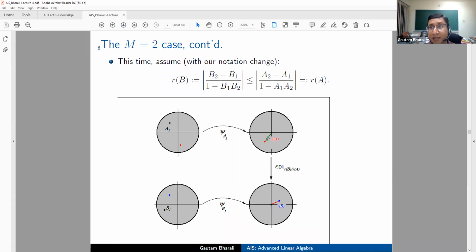Now I can easily find a holomorphic map from the open unit disk to itself that carries the red dot to the blue dot and the black dot to the black dot. The black dot is just the origin in both of the pictures. And this map is, what I do is I take a dilation factor, and the dilation factor is the ratio R of B divided by R of A. So my map is simply psi